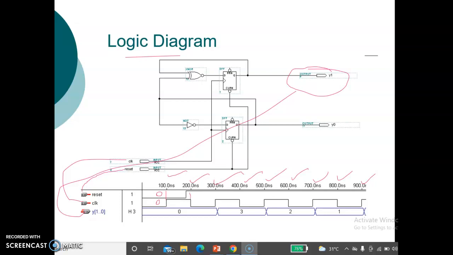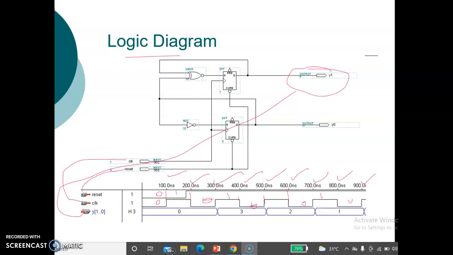100 to 200 nanosecond 1, 200 to 300 nanosecond 0, 300 to 400 nanosecond 1, 400 to 500 nanosecond 0, 500 to 600 1, 600 to 700 0, 700 to 800 1, 800 to 900 0, and so on. This is for clock. And then output here,